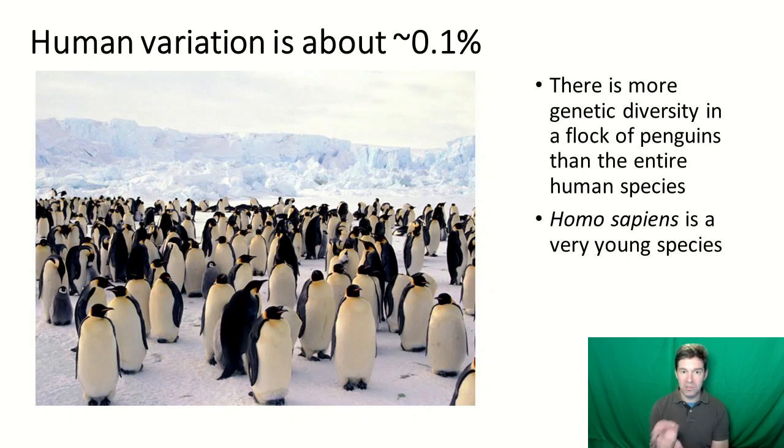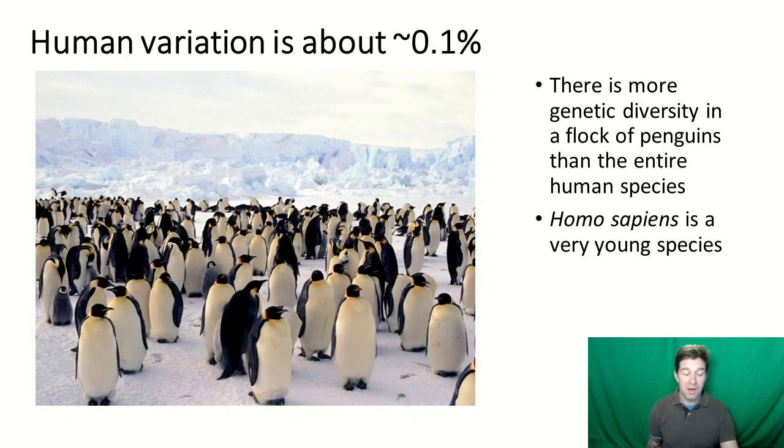And so when you pick out just one characteristic, it's a false stance to take to try to discriminate between individuals. So again, looking at a flock of penguins, for example, who all look a lot alike, they actually have more genetic diversity than the entire human species, right? And so what this also goes to say is that small changes in humans can reflect more phenotypic difference, or at least phenotypic difference that we pick up, than we see in penguins, even though they have a lot more genetic diversity than we do. They're also much older.